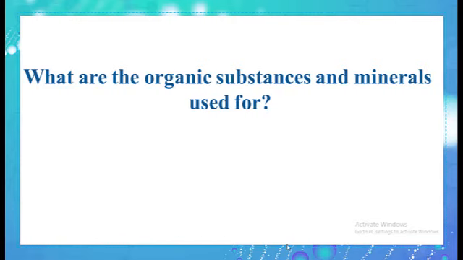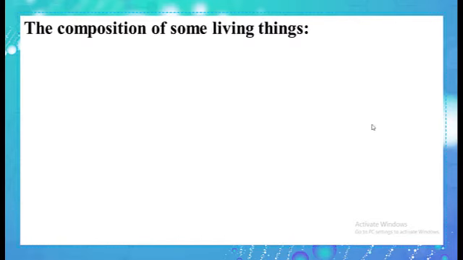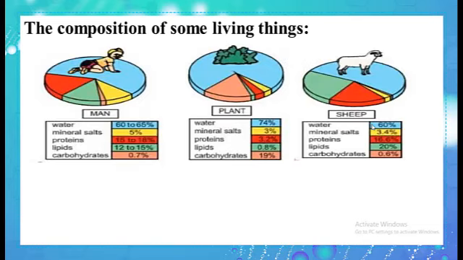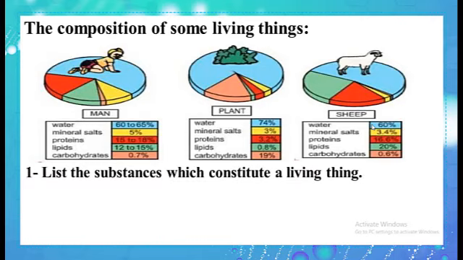What are the organic substances and minerals used for? The composition of some living things such as man, plant, and sheep are in these three figures. Number 1, list the substances which constitute a living thing. As you can see here, man, plant, and sheep are constituted from water, mineral salts, proteins, lipids, and carbohydrates, but